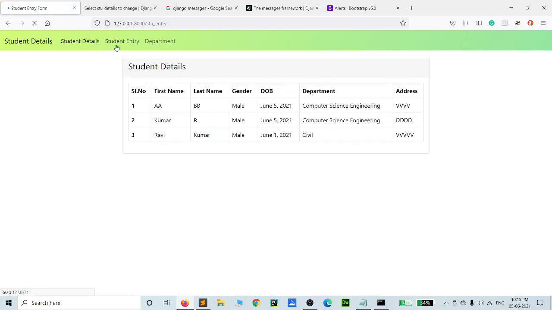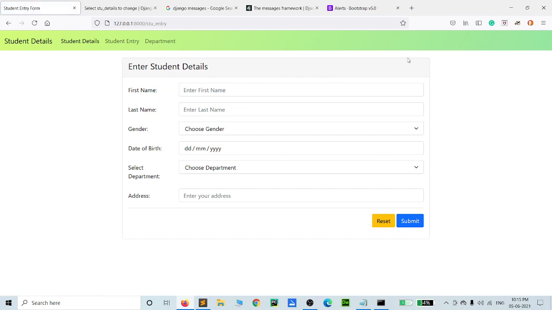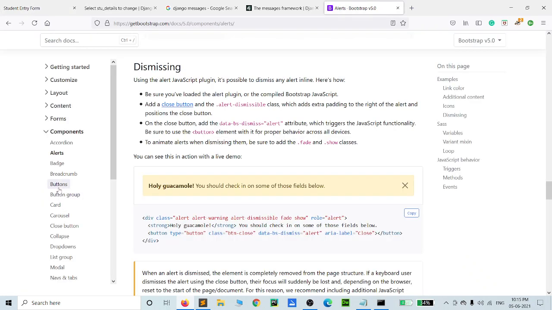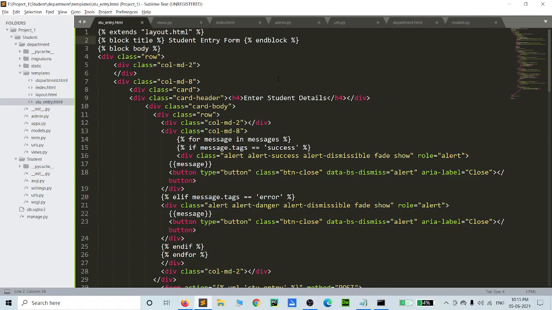Okay, so in every page we have no specific command for the home tag, so we will add some tags here. So we go to the buttons in Bootstrap, and before that, inside the body, the card body section,